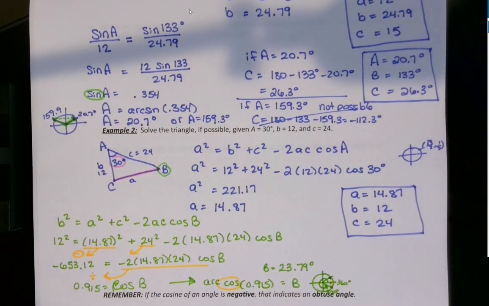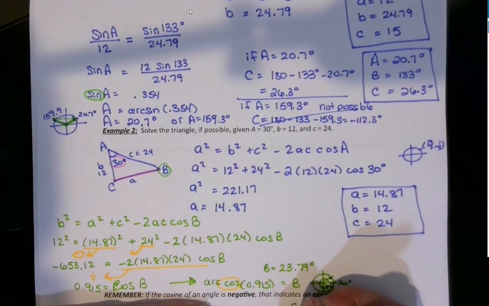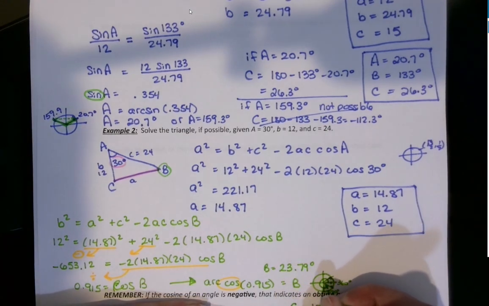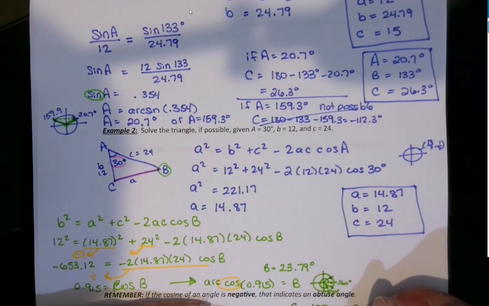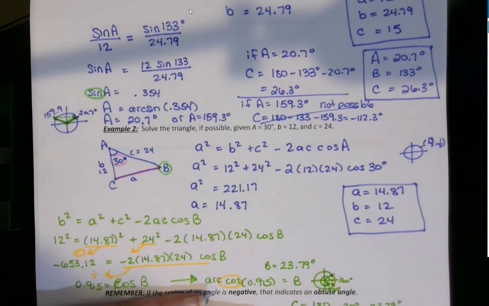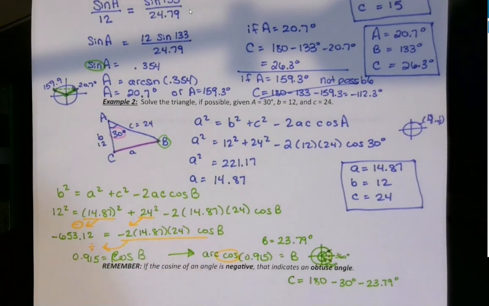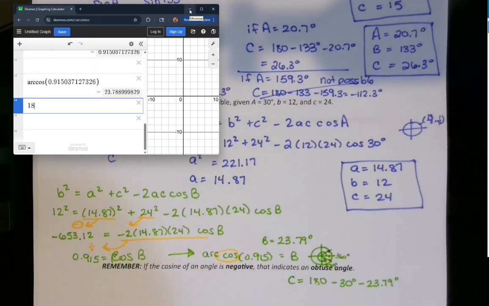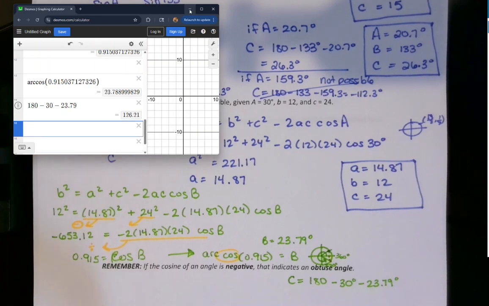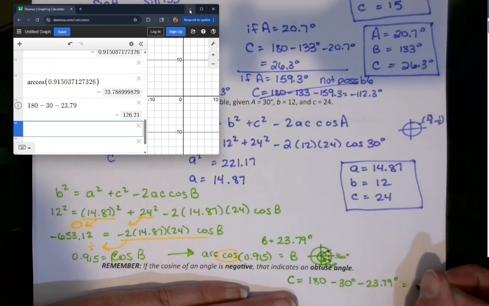All right, I do need my third angle. It is going to be just found from subtraction. I'm going to go underneath just for a little bit of space here. Angle C, 180 minus angle A, which is 30, minus angle B, which was 23.79 or 23.8, however you choose to write that. For degree measures, that's not strictly necessary that you keep more than one decimal place, but I've already done so, so I'm going to just be consistent here with